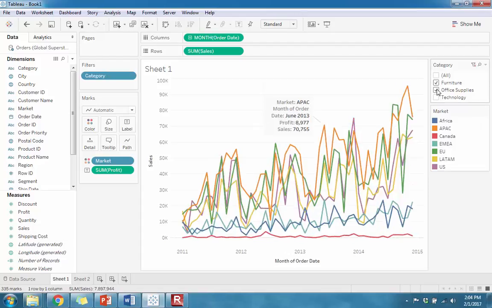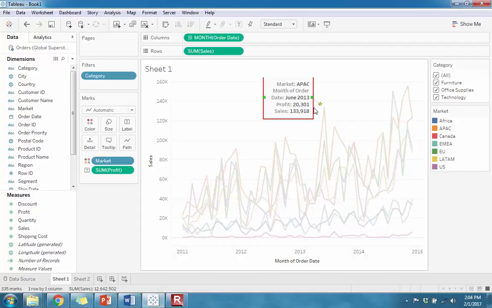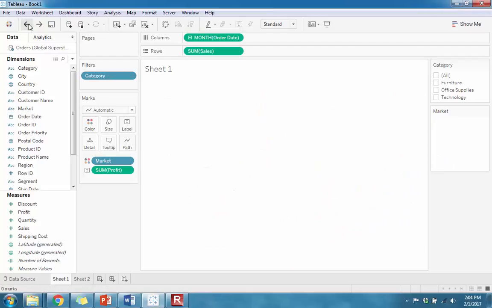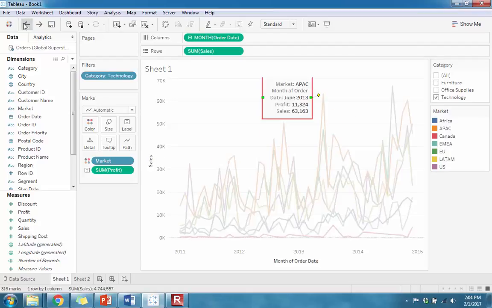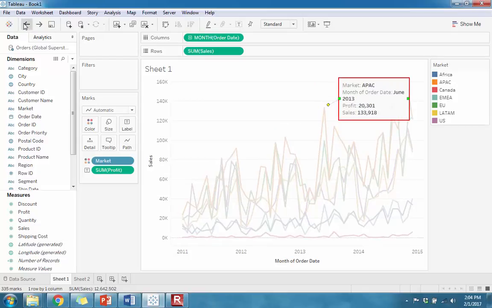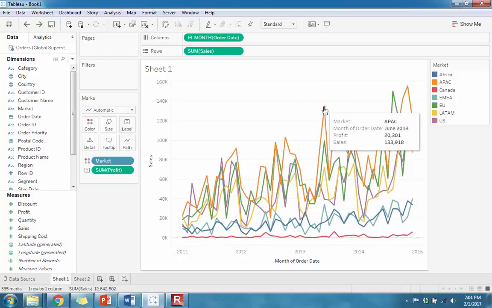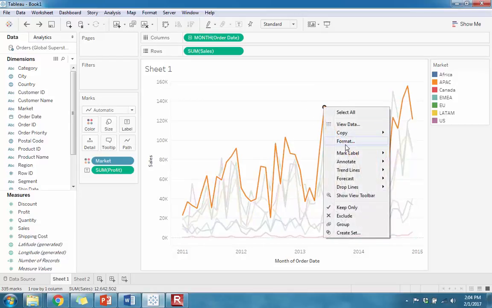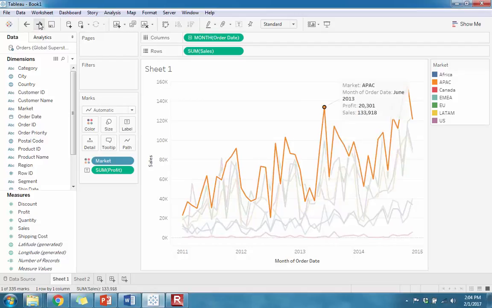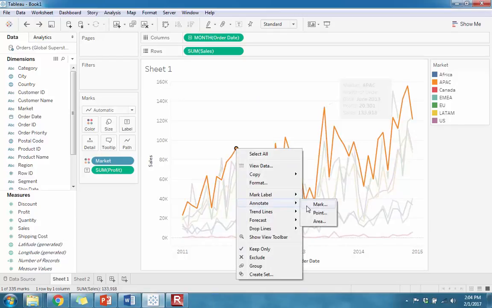So it keeps moving as I change the selection options. So you get the idea. So that's the mark when I format it as mark. So now let me format it as something else. So I'm just kind of undoing, and then let's say that I'm interested in this particular point and I want it to be, what I can do, I'll just keep it, and I will add, let's say, one point here as a different point